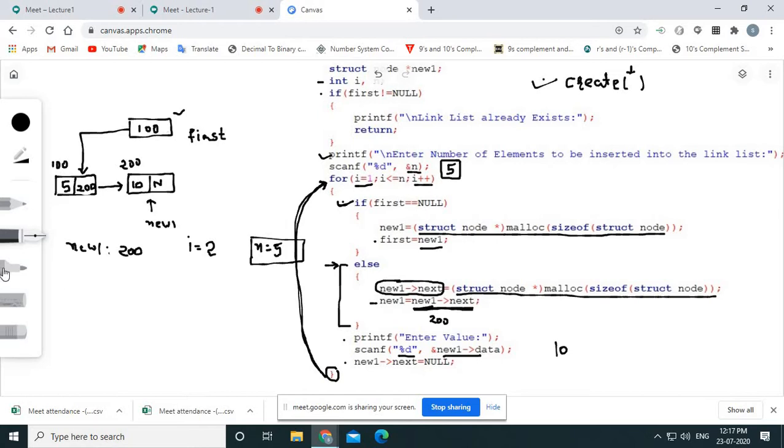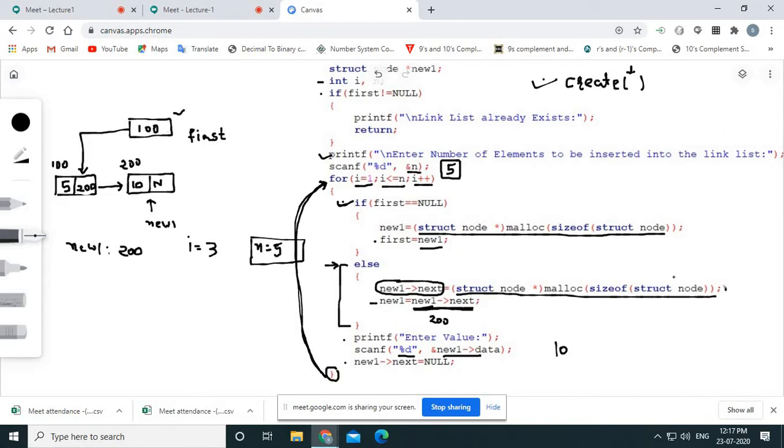So now our I is not 2, it is 3. So here what happened? I is 3, right? Again, can we say 3 is smaller than 5? Yes. So the condition is true. If the condition is true, again the body part of the loop gets executed, right? First we'll check whether first is null. No, first is not null. So the condition is false. If the condition is false, the computer must execute the else block.